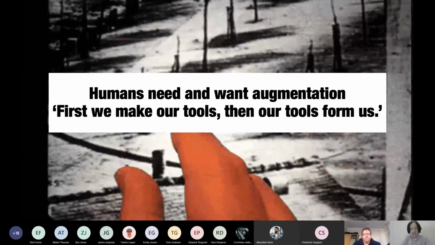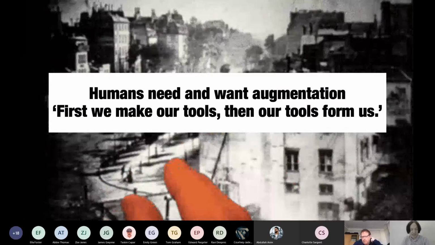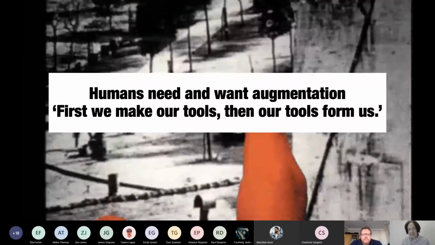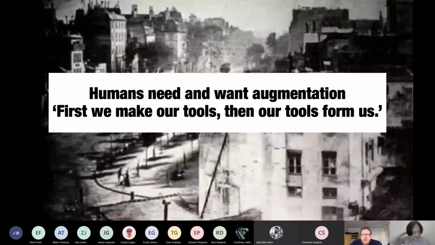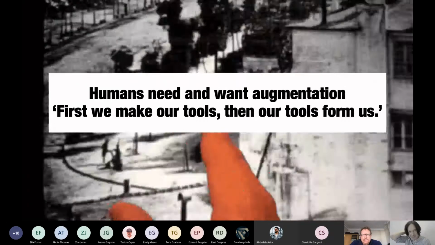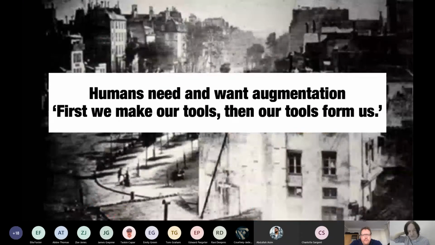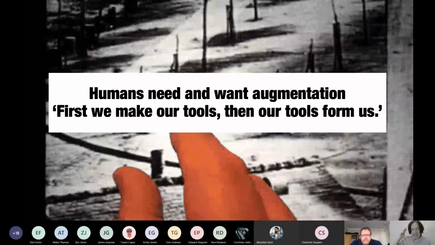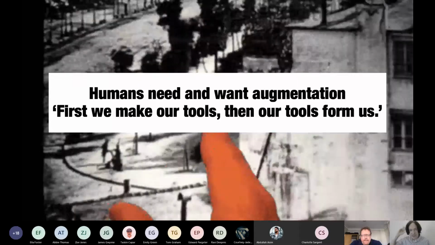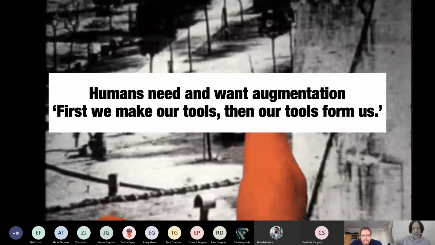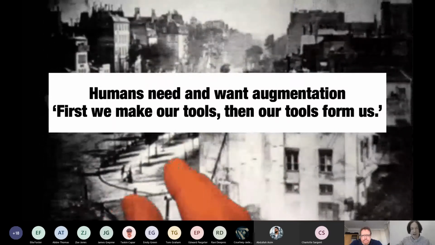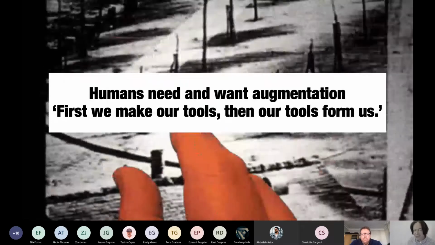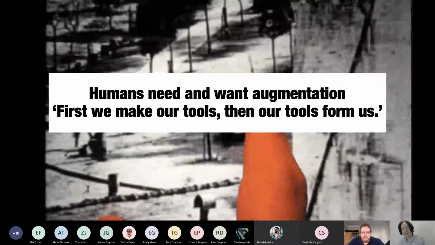So humans need and want augmentation. First we make our tools, then our tools form us. That's essentially where we begin this idea of augmentation, which is really, really current at the moment. So the idea of things like Neuralink. Elon Musk has talked about the idea that we'd store all our thoughts, our visions, our emotions in the cloud, and then you could download them somewhere else, or someone else can download your thoughts and experiences. And there's lots of philosophical contentions around this, but it's quite an interesting